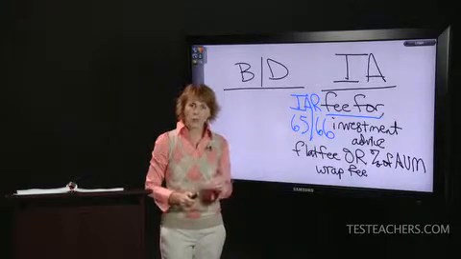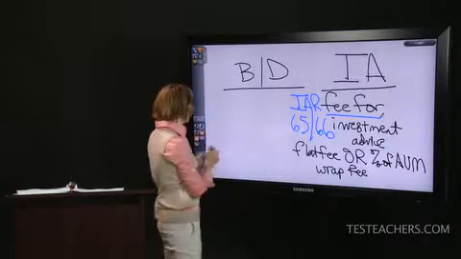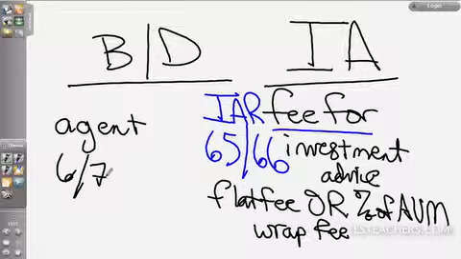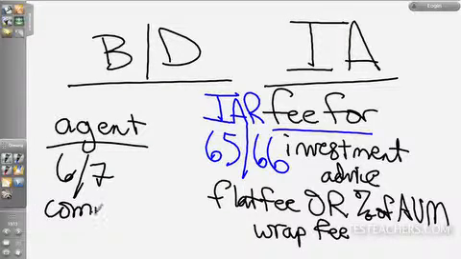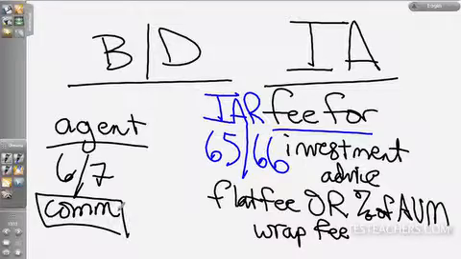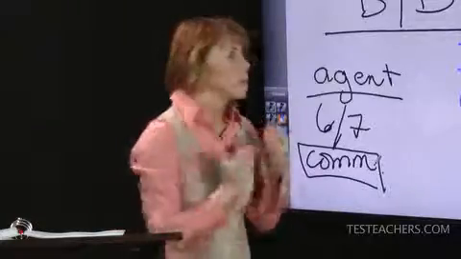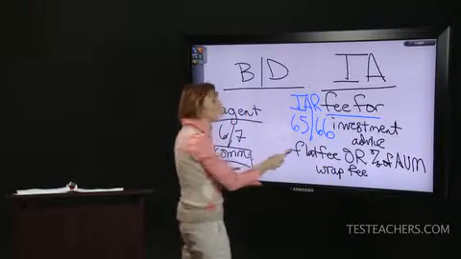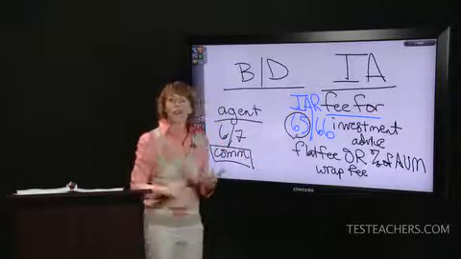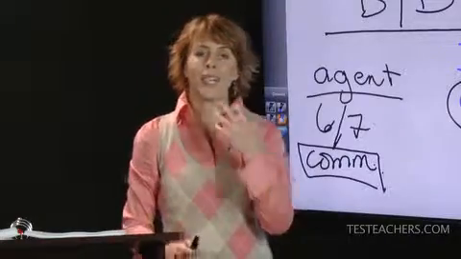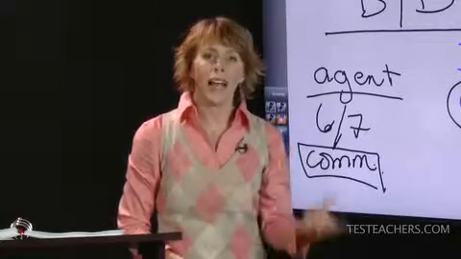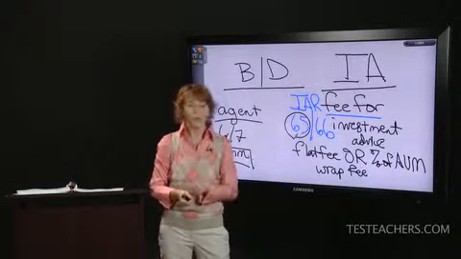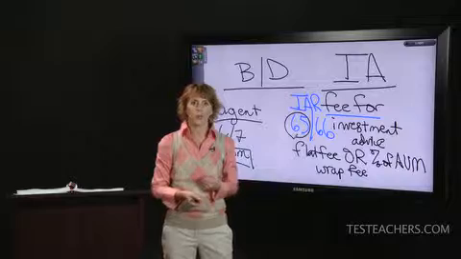If you also charge a commission for transactions, then you're going to have to also be registered as an agent with your 6 or 7. So this is where we charge a fee for the securities transactions, a commission. Some of you will be able to do both, which is really what the wrap fee does, and some of you will only have your 65, and that's fine too. So when they say agent, that's your 6 or 7. When they say IAR, that's when you're working for the investment advisor charging a fee for investment advice. Could be a wrap fee. It could be a percentage of assets under management.